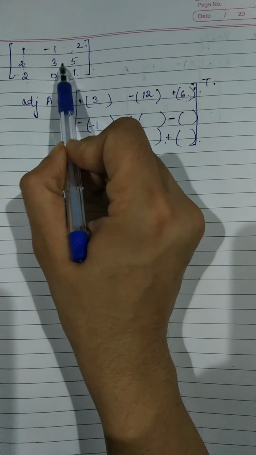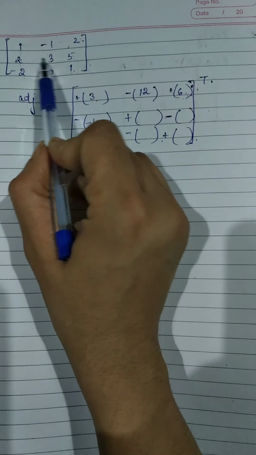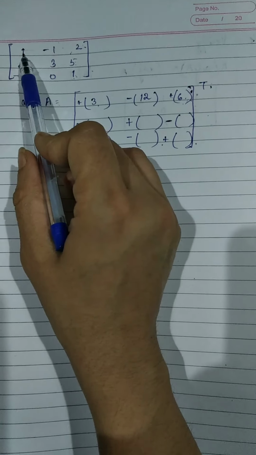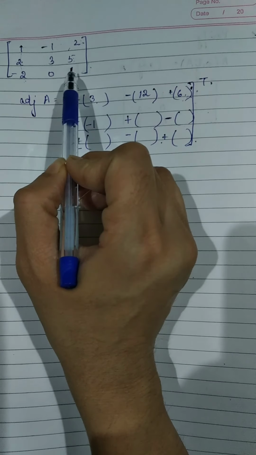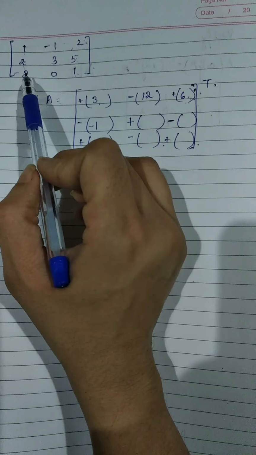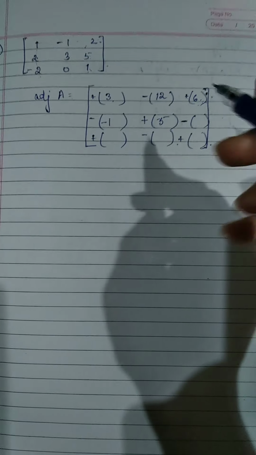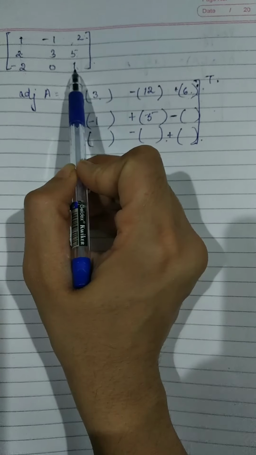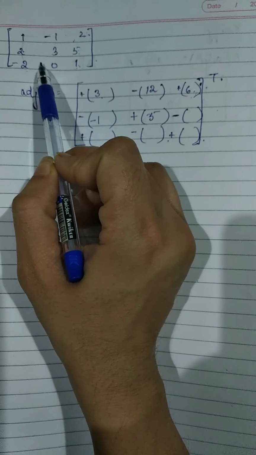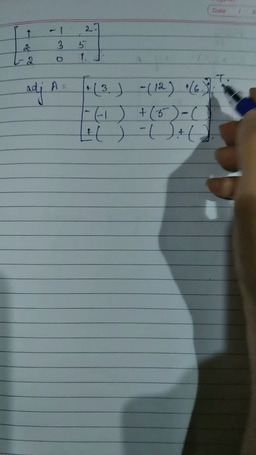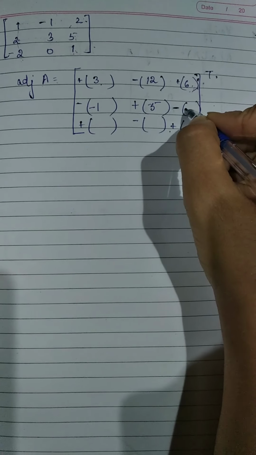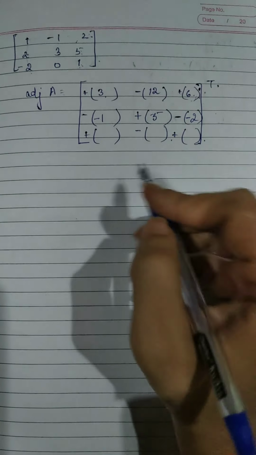Likewise, we have to find out the cofactor for this. Eliminate this row, this column. We have 1, 2, minus 2 and 1. Cross multiply. 1 minus 4. That's 1 plus 4, which is 5. Likewise, this row, this column. So that's 0 minus 2. So that's minus 2. Right?